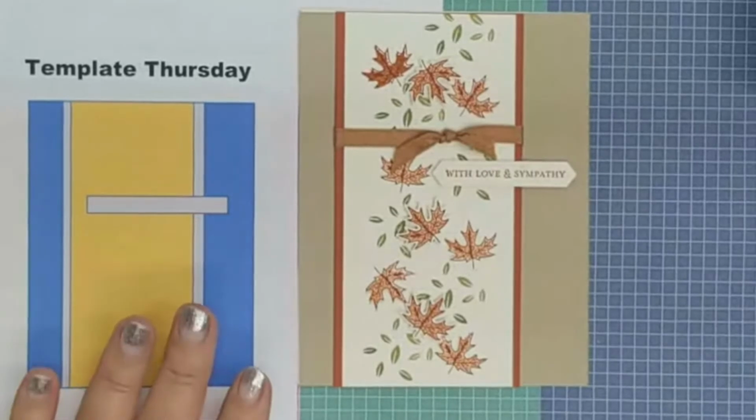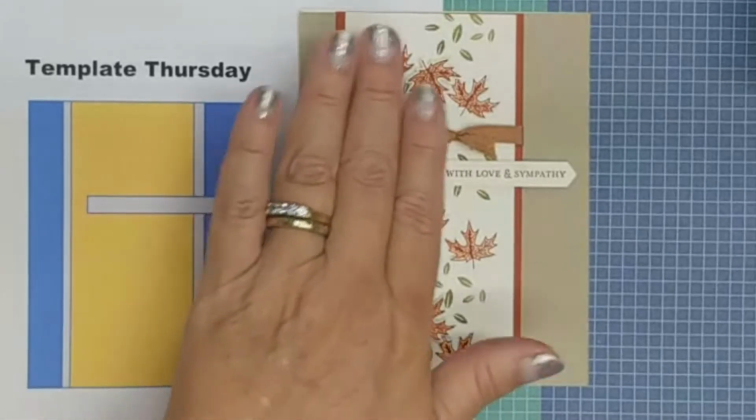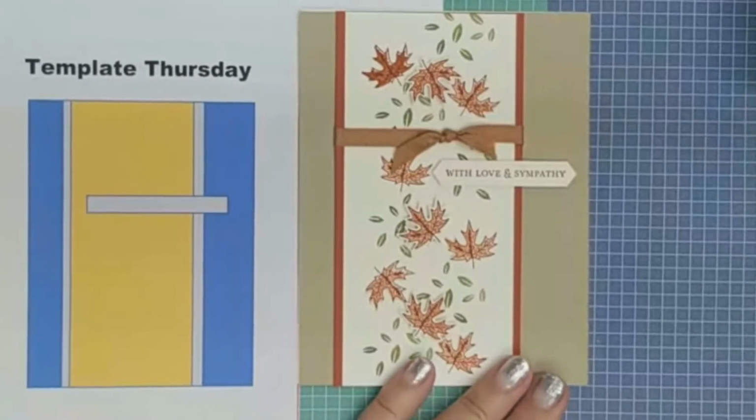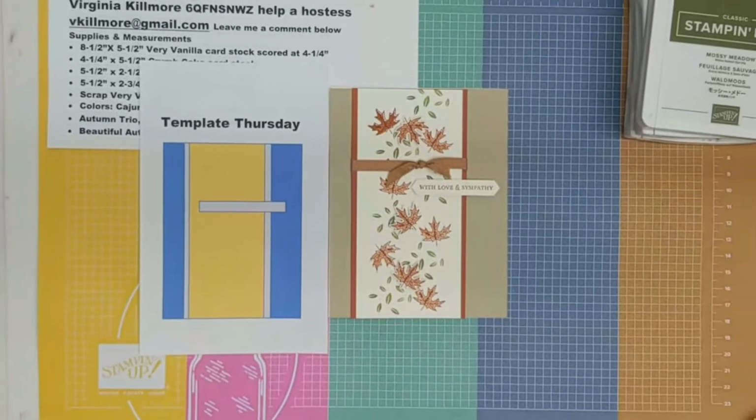So today's template is laid out right here for you to see, and that just helps guide me to come up with the layout for this card. I really just need to think about what I want on the card, and that's why I love templates. A lot of people ask me, well, where do you get templates? There's tons of them out there, and people post them all the time. Just type in card templates, and you'll find tons of them online